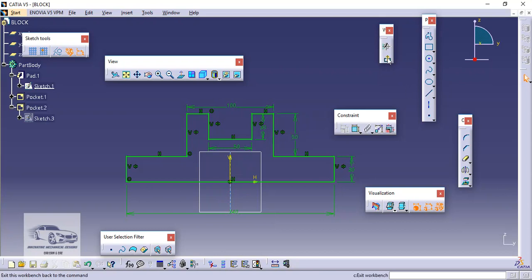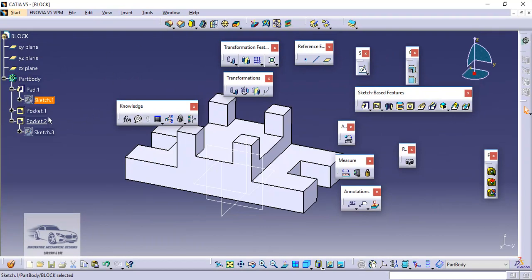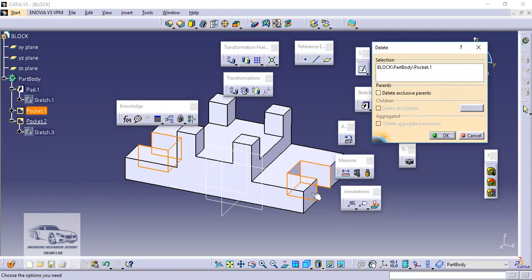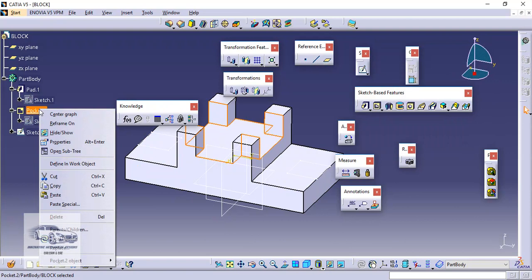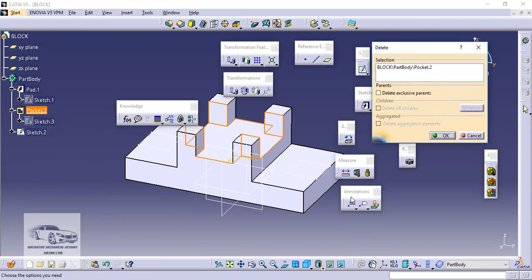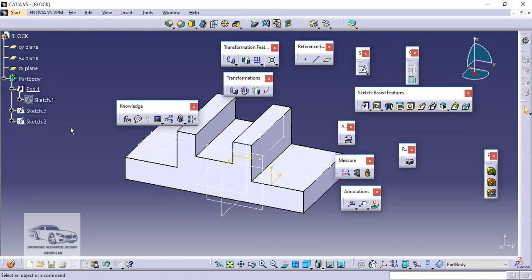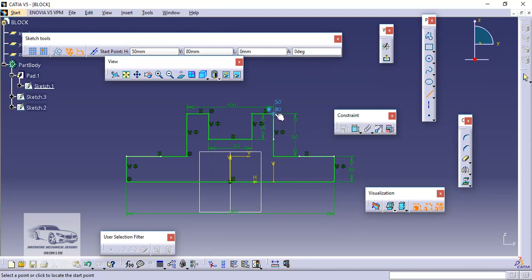For example, I will delete the pocket 1 and pocket 2 features. Now if I go to sketch 1, let us say I create a line over this particular line.